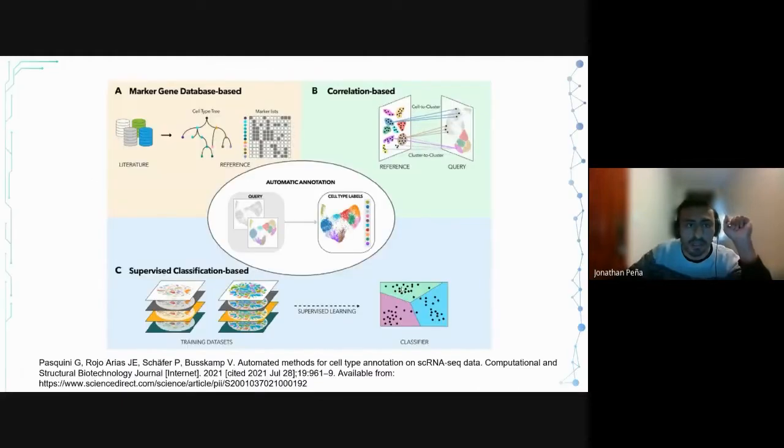These identification methods are based on correlation analysis, or sometimes on a marker gene database that they use for the annotation, or there are some tools that use supervised classification